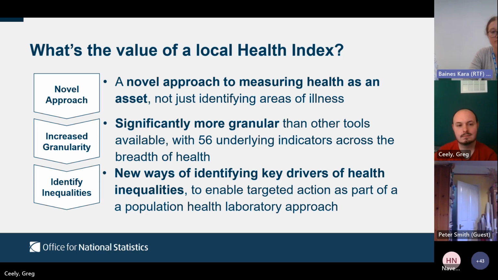We're hoping the outcome from this can be new ways of understanding inequalities in health, and new ways of visualising how health is geographically patterned. We've mentioned a population health laboratory approach, and what we mean by that is being able to identify what we'd call unexpected or unexplained variation in health by using the local health index. Because of the way the methodology works over time, if we identify an issue and then pilot some kind of intervention for it, we can use updates to the local health index year on year to see if those interventions have had an impact holistically on health as a whole. Next, please, Greg.